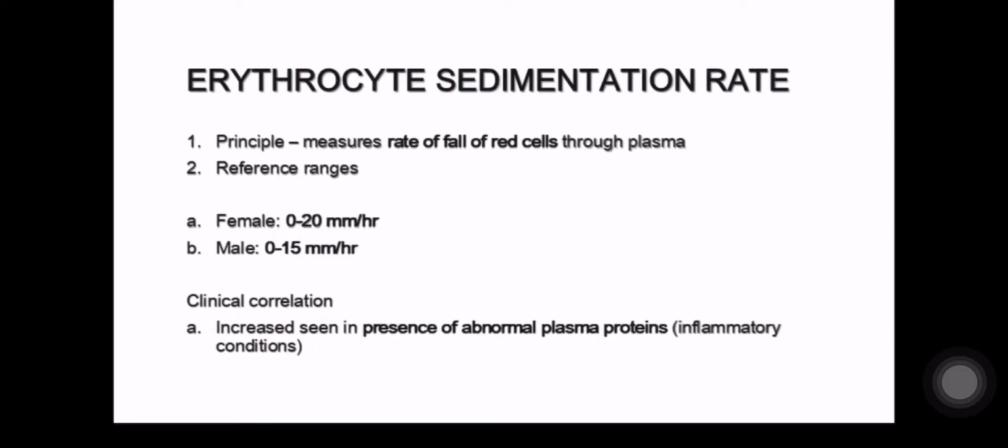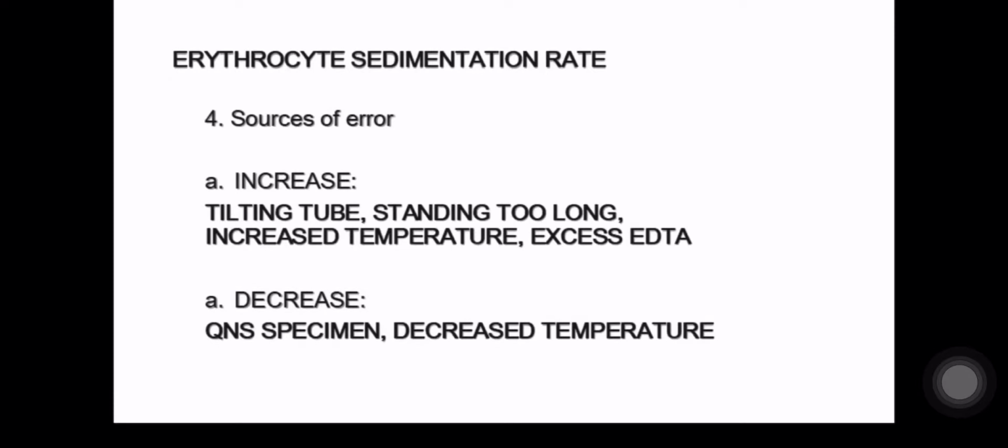ESR, just a recap. The principle behind this is that it measures the rate of fall of red cells through plasma. It is relatively higher in females, around 0 to 20 mm per hour, and for males, 0 to 15 mm per hour. Clinically, increased ESR is usually seen in the presence of abnormal plasma proteins, like in inflammatory states. As for sources of error, increased ESR is caused by tilting of the tube, standing too long, increased temperature, and excess EDTA. Decreased ESR is caused by insufficient specimen quantity and